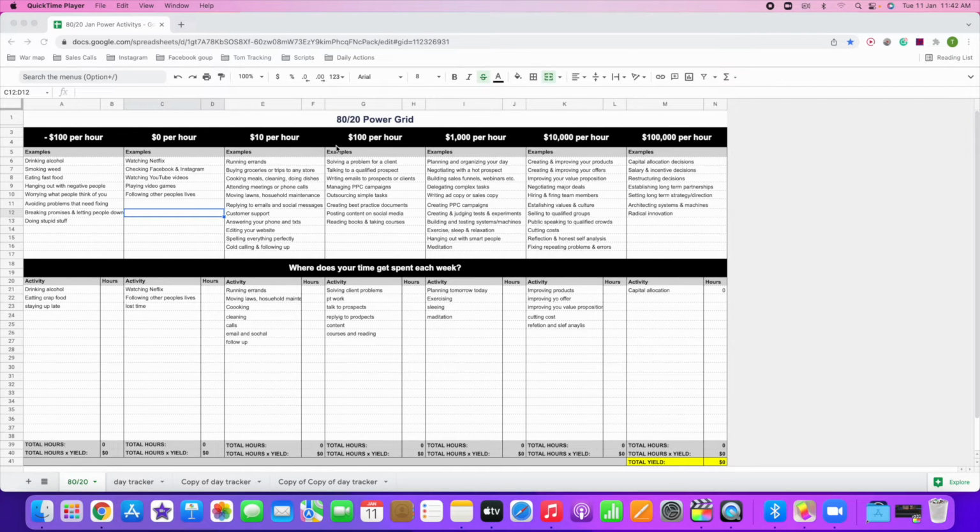because most of you guys are probably somewhere around here in that $100 an hour sort of thing. You're solving problems for clients, you're helping clients with certain things, so you're somewhere along there, but you're probably trying to move into this sort of stuff here. So planning and organizing your day, this sort of stuff all seems less important, and it's the stuff that you probably know of, but you're not implementing and doing enough, because the shorter term ones,